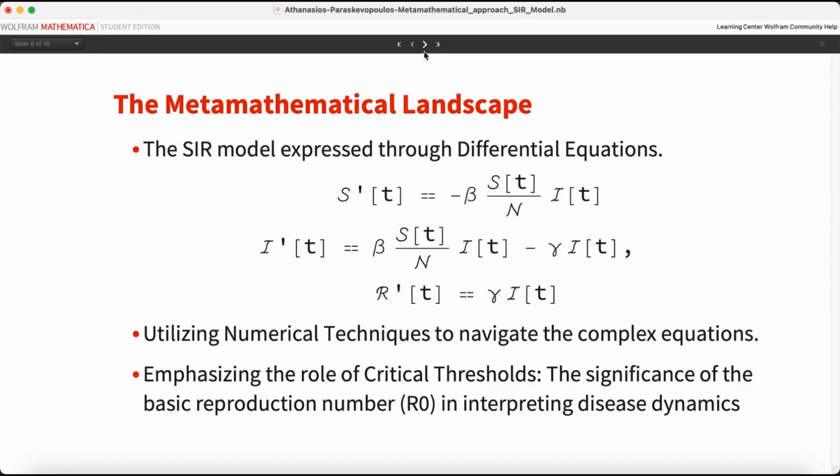An important part of this is something called R0, the reproductive number. You can think of it as a clue. If R0 is high, the disease might spread a lot. If it's low, the disease might not spread as much. It helps us guess if a disease will become a big problem or not.